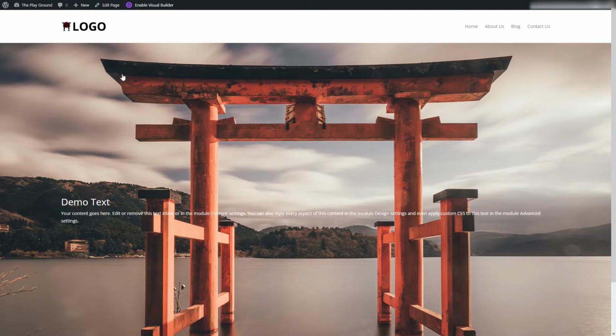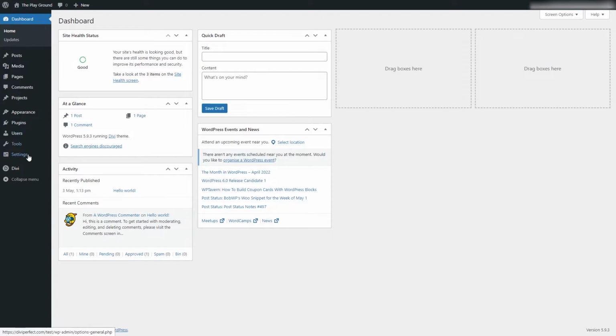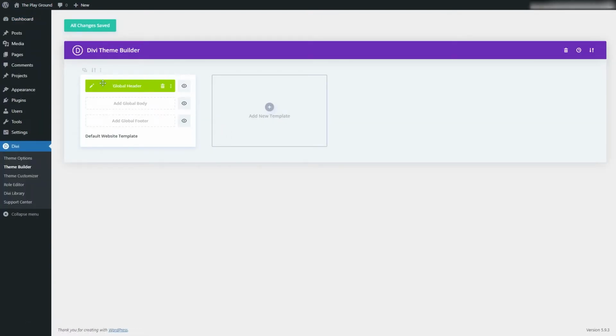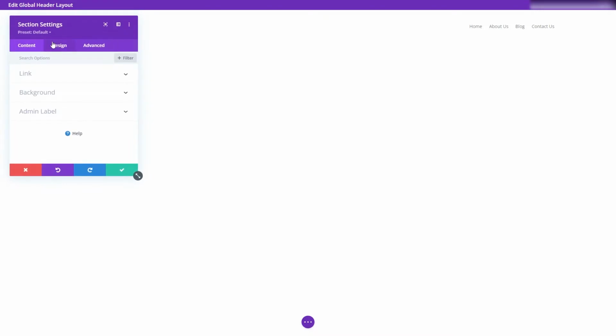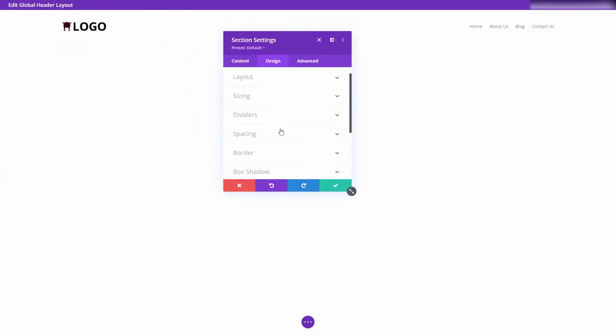Alright, so the menu is here, but it's looking a bit flat. So what I want to do is just kind of give this section here a drop shadow. So you're going to go back to Dashboard, Divi, Theme Builder, and then you're going to enter your global header. And then what you want to do is click on the section, which is the blue one, and you're going to go to Design, you're going to scroll down to Box Shadow,